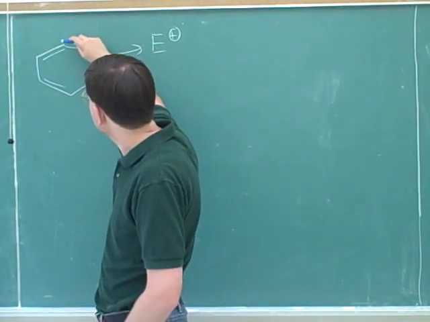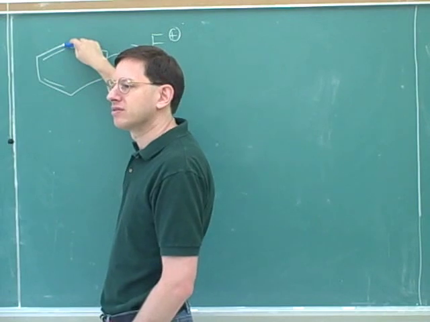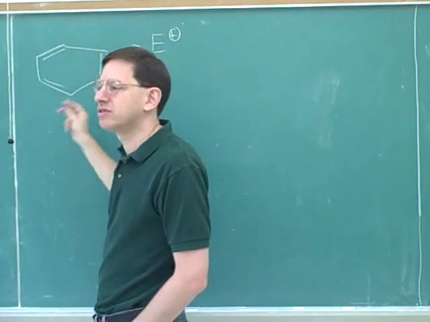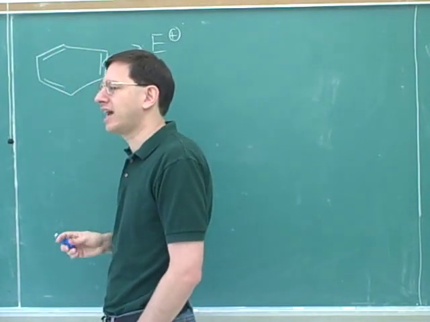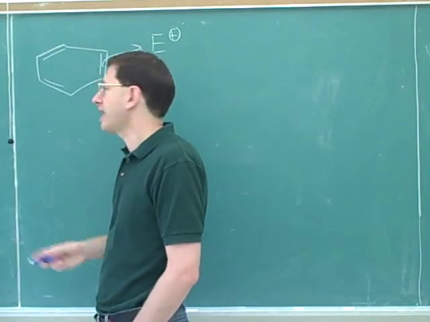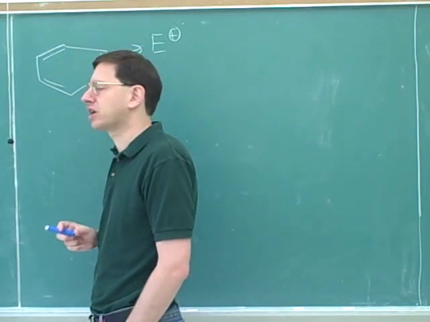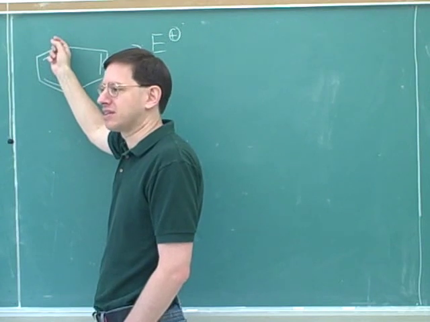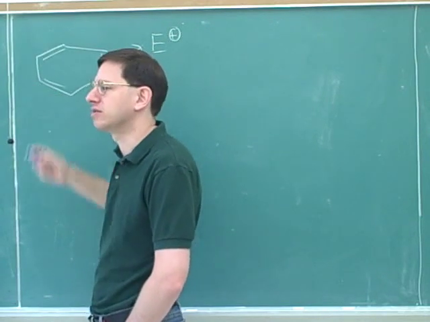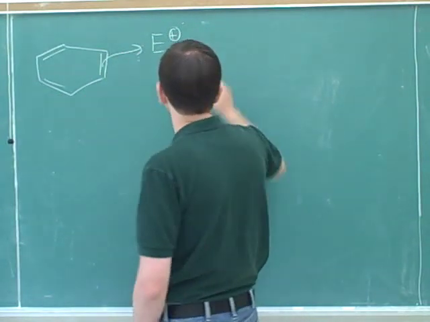Before we actually go through this mechanism, I should mention one other thing. How many other things are attached to this carbon? One. Yeah. And in fact, there's a hidden hydrogen on each of these carbons. It's easy to forget that. In a normal benzene, there's exactly one hidden hydrogen on each carbon, but no more than that, because that would exceed the octet rule. So we shouldn't forget about the hidden hydrogen on each carbon, even though we don't usually draw it in.